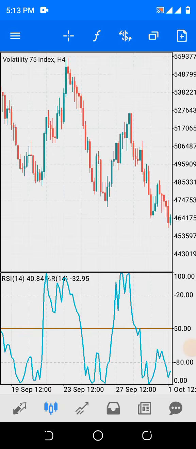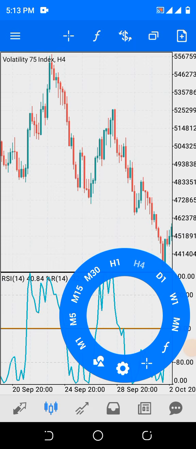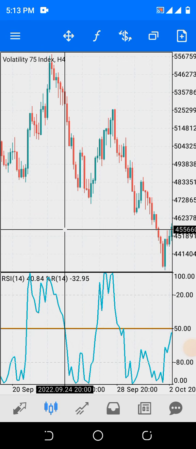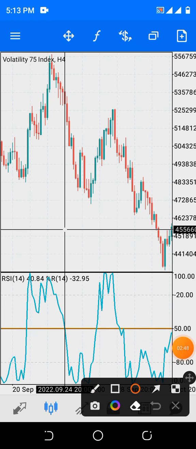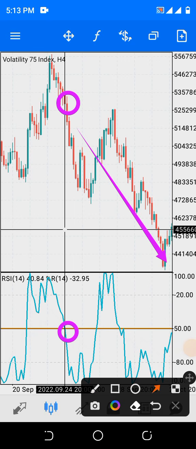Look here. This is another crossing from up down. So this is what a sell signal. Do you understand? You make your entry here. Look at it. So this is what a huge profit for you, as easy as that. Do you understand? So we proceed.